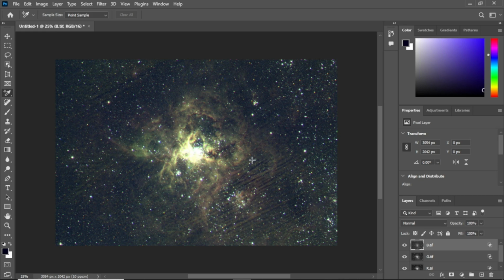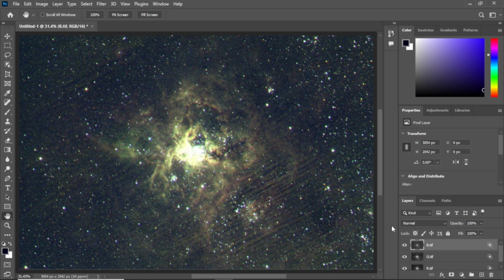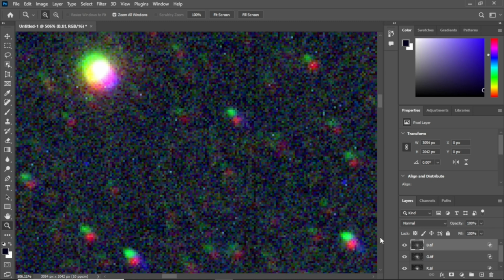So I think it's a satellite galaxy or something. Also, observe that the stars may not actually be aligning because I can see some signs that they are not perfectly aligned. So we need to align the layers properly. To do that, we need to zoom on to a star, a bright one. Maybe let's zoom on to that one. So let's zoom in so that we can align it. Then you uncheck the blue so that we can work on the green and the red. Then you take on these two,